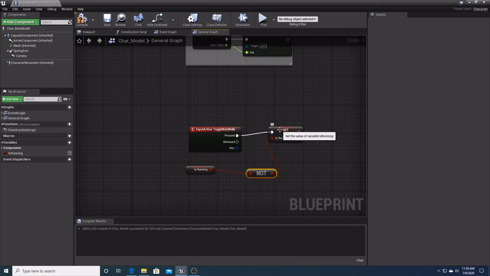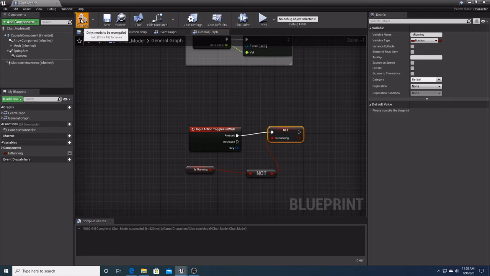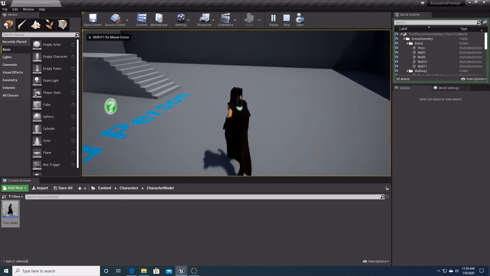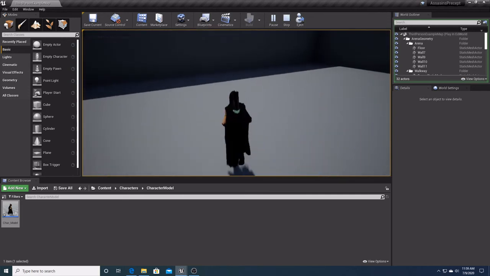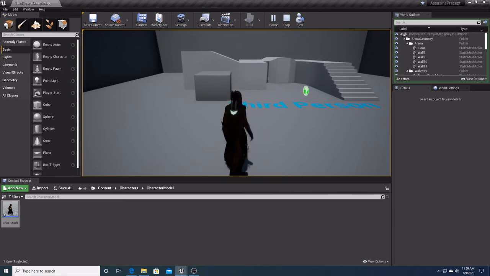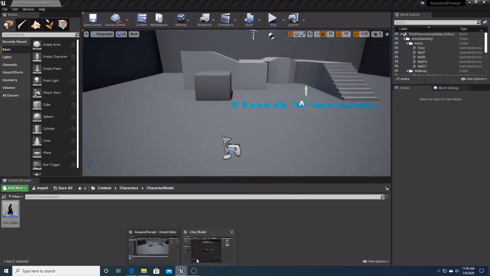Before we do that, we actually have to hit compile. The reason we have to do this now is because I want to set a default value, and I couldn't do that until I hit compile. So I'm going to click that. Let me hit compile again. Basically, if I go into the editor and hit play, whenever I hit W or my directional arrows, the first thing my character does is run. That's their default value. So going back over here into our graph,